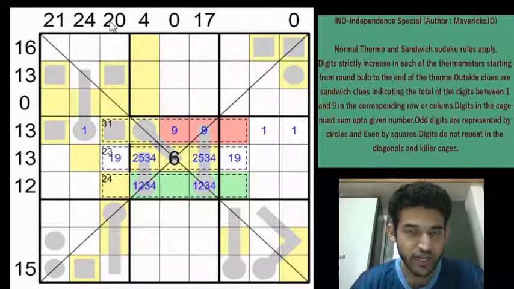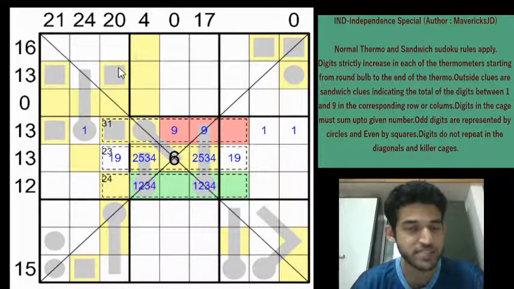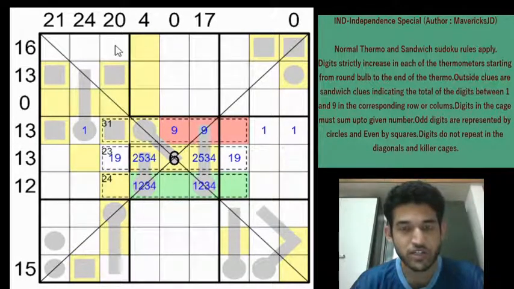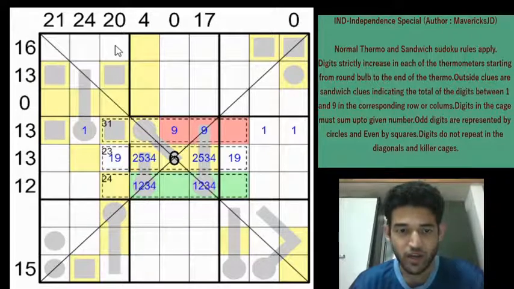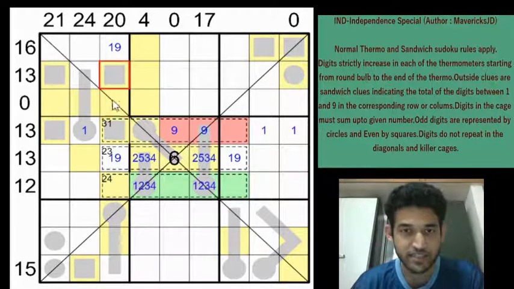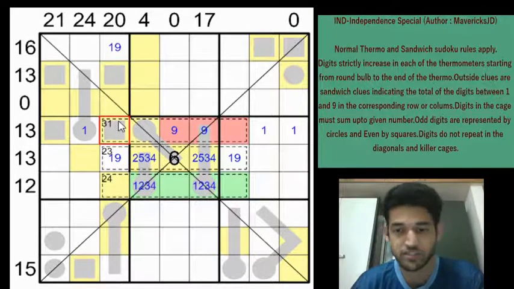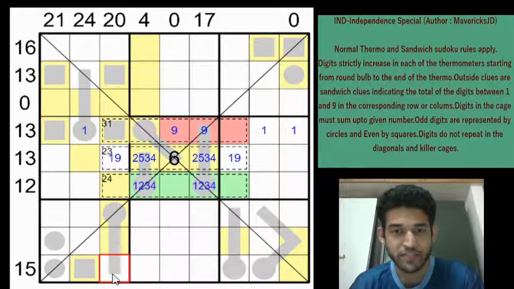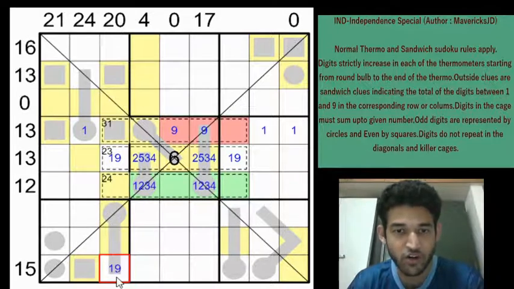Now we know that the 20 total without a 1 and 9 can be achieved in only one way, right? 5 plus 7 plus 8. This is the only possibility for achieving the 20 total without the 1 and the 9. Now, this is a good deduction. If you have a 1 and 9 here, we need to place 5, 7 and 8 in these 3 cells, right? Can we do that? Because there are 2 even digits in the fray. So if you put a 5, 7, 8 here, you will get at least one odd digit into one of these even squares, which is a contradiction. So which means that we need to have a 1 or a 9 in row 9 column 3.